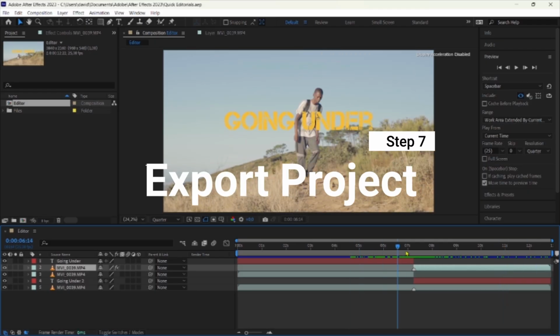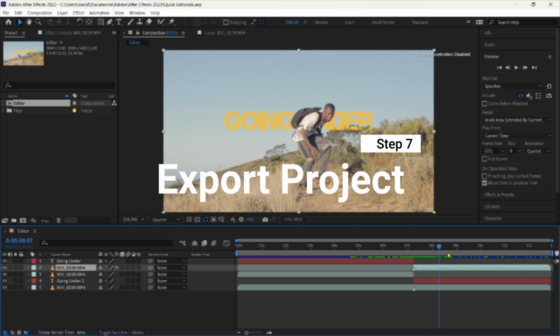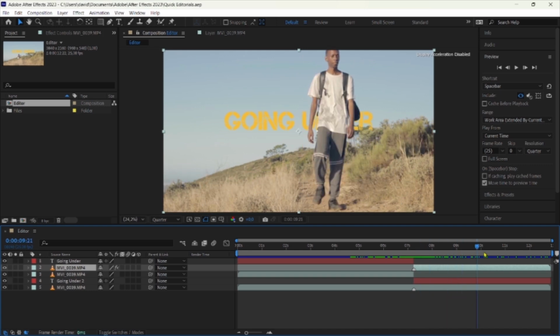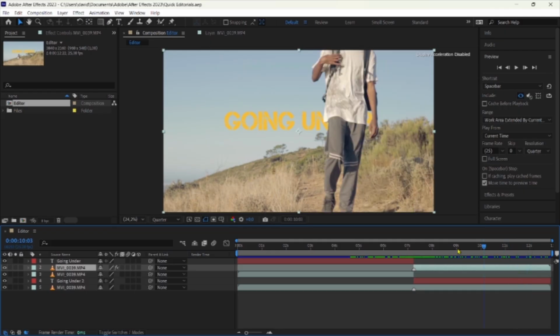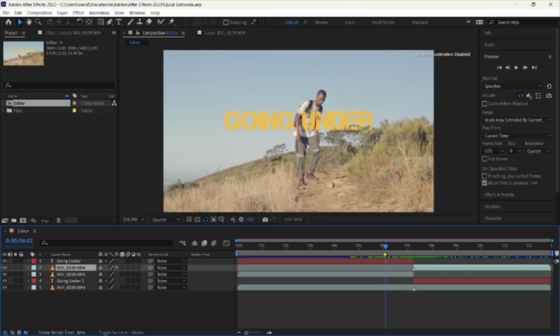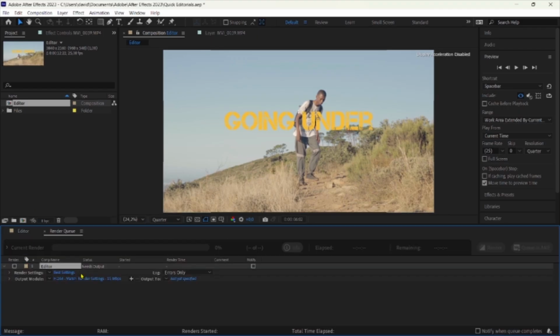From here onwards, if everything is looking great as you want it to look and you are happy with how your clip looks, you can export the clip out of After Effects by just pressing Ctrl M, and then down at the bottom you select where it says not yet specified.